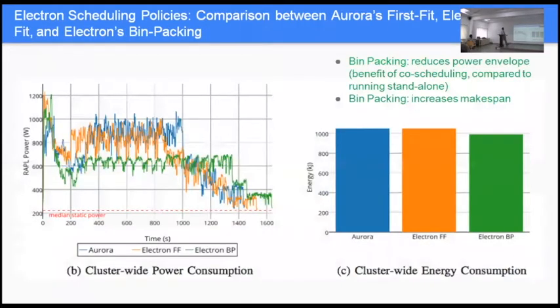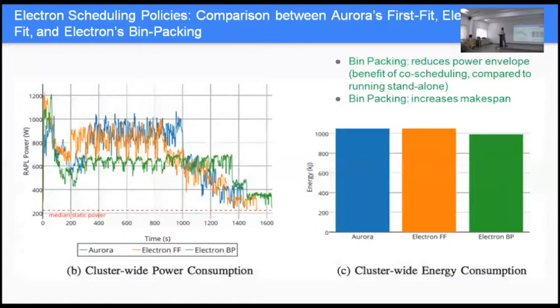Now, again, remember I'm trying to show you the methodology of research. We try to do the extremes and try to understand what the optimization space is there. Is it really possible to have a good power envelope and actually see how much we get hit on makespan? So what I want you to notice here is the shape of this. This is essentially the RAPL power that is being used, and this is time. So as the applications keep running on the cluster, this is a 200 core cluster, we have 8 nodes there.